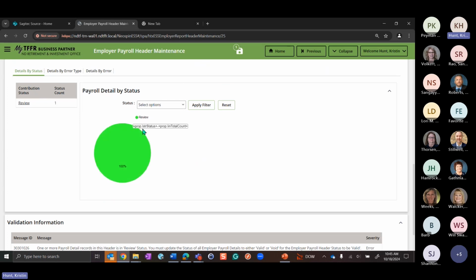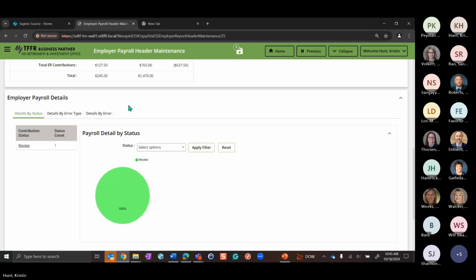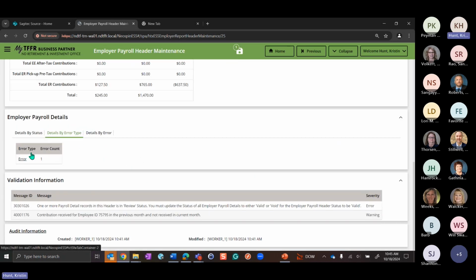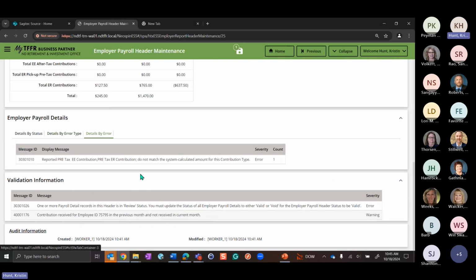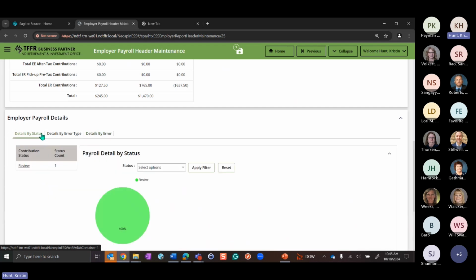It's a nice way to view the different details and see which ones are valid and which ones are in review. We can also view it by error type, so you can view it by error and then details. For that detail record, which we're going to drill down into more, it's not matching. That's why it's in review.